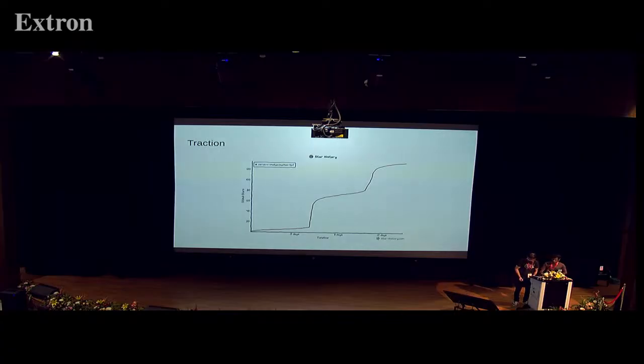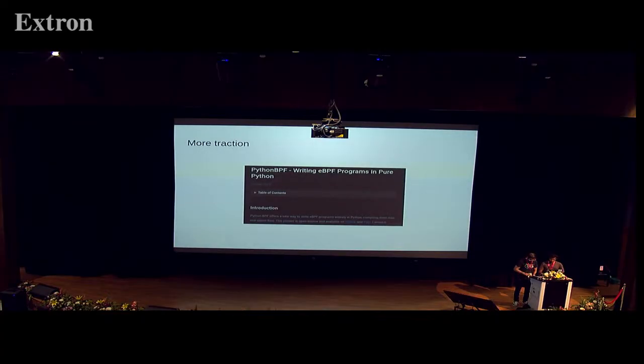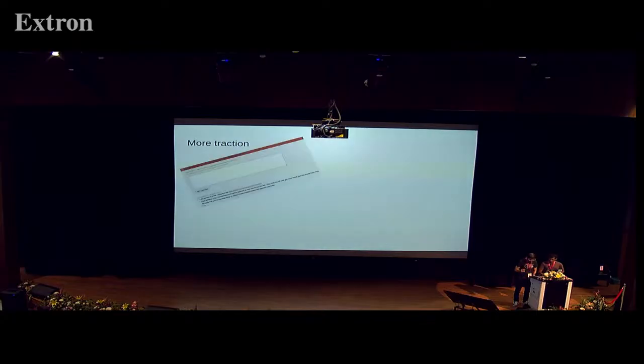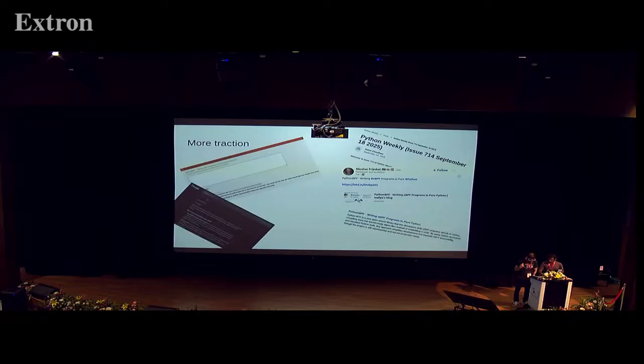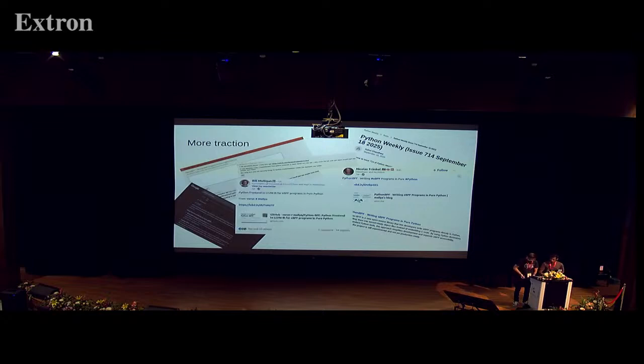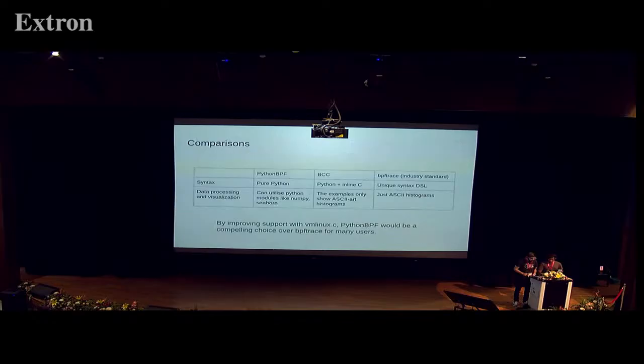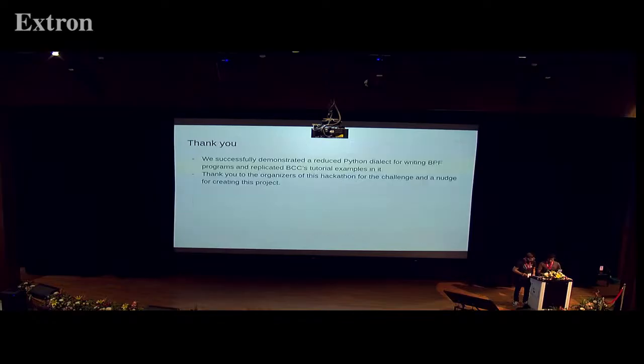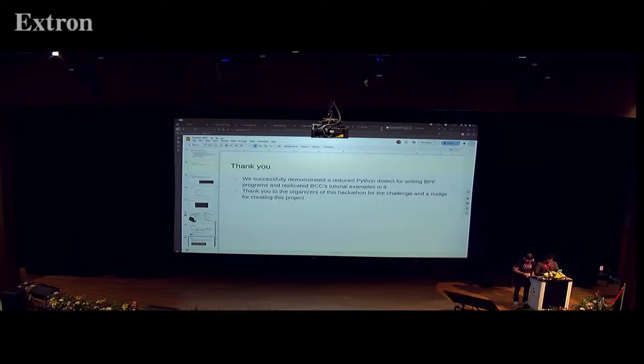We'll talk about some of the traction this project got. We reached 130 GitHub stars within the first 3 weeks of the opening commit. One of us blogged about this on our personal website, and that attracted some attention on Hacker News and Python Weekly. Isovalent gave us a shout out. We were reached out by many engineers working on BPF to give their review and discuss future direction of the project. We plan to refactor it, remove the ugly bits, and make it production ready. And now we'll move to the demos, because we planned for 7.